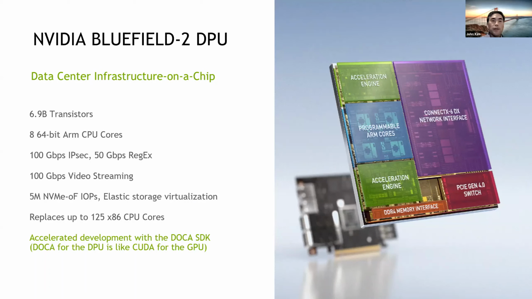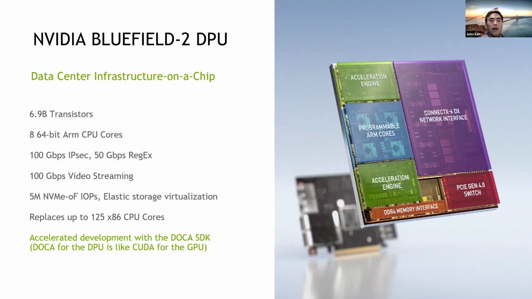So we see inside this DPU, the BlueField 2 has almost 7 billion transistors. It has either 4 or 8 ARM cores, and these are fairly powerful 64-bit ARM cores that are programmable to run different types of management software, storage software, firewall software, or security agents, and we'll talk more about that in